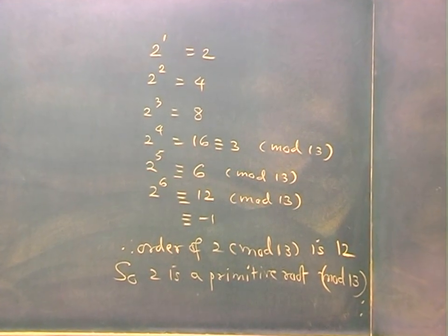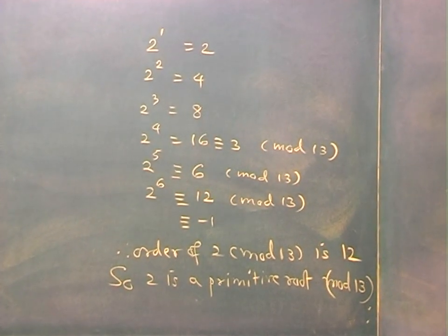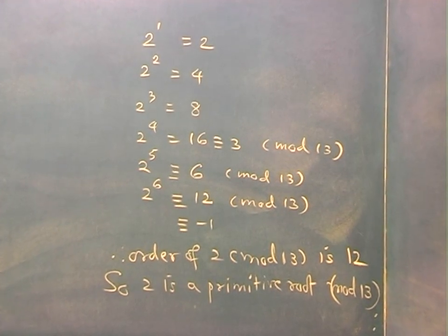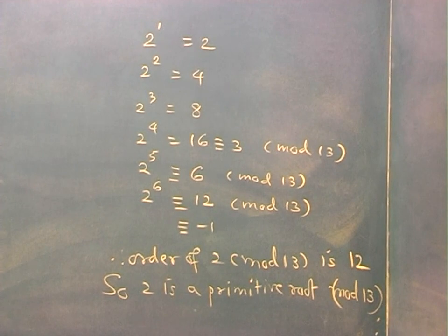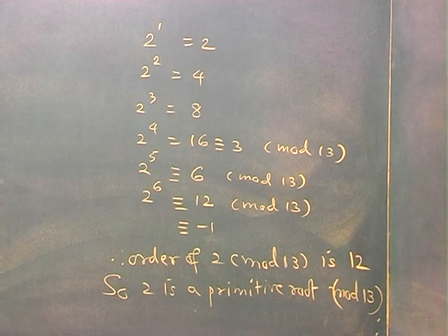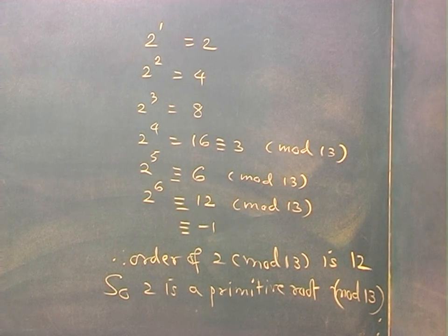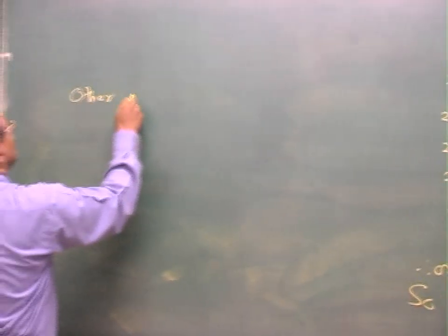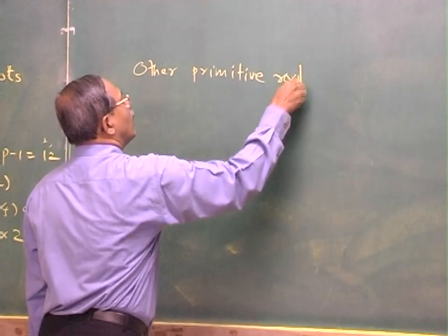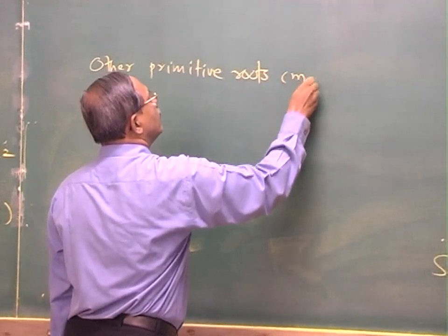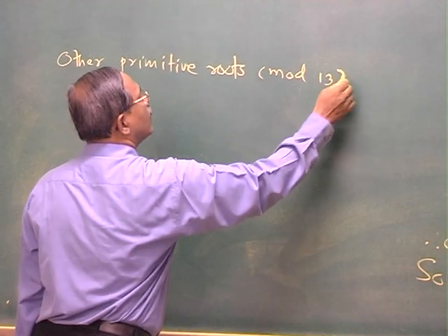Now if you know one primitive root, it is not necessary to find out whether 3 is a primitive root, 4 is, etc. You just take powers of this, and from that you get other primitive roots. So other primitive roots mod 13 are